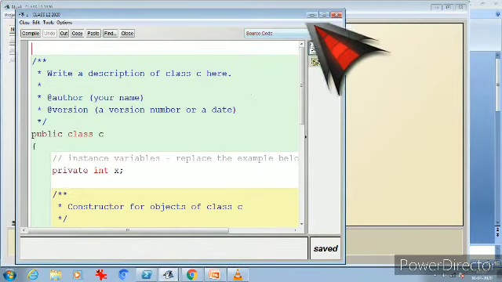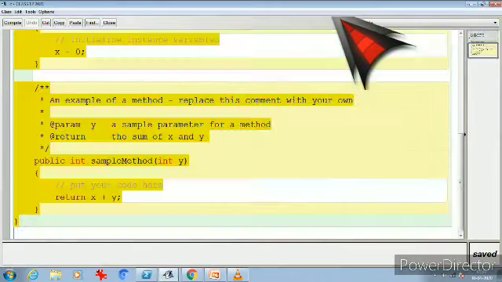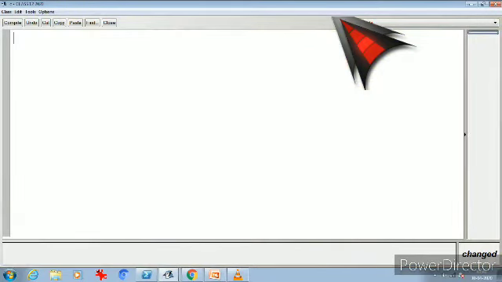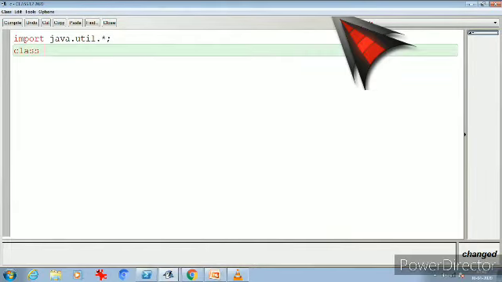Let's clear it and start with import java.util.*, then class circular_queue, with an underscore over here. Now opening the curly brace, declaring the data members.